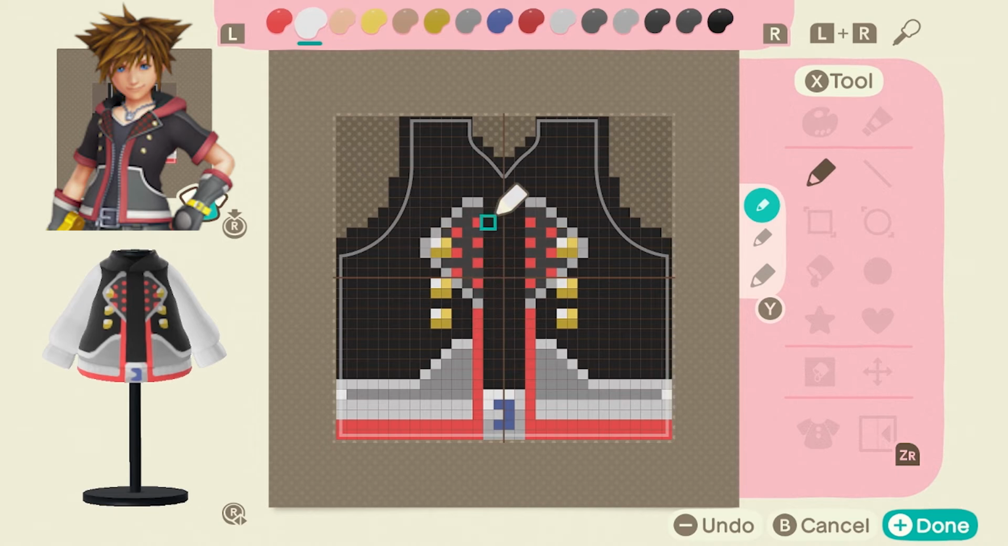And so he has a little V-neck. In order to make a V shape is really easy. Just do this. See, makes a nice little V. That's all there is to it. All right, now we'll make his